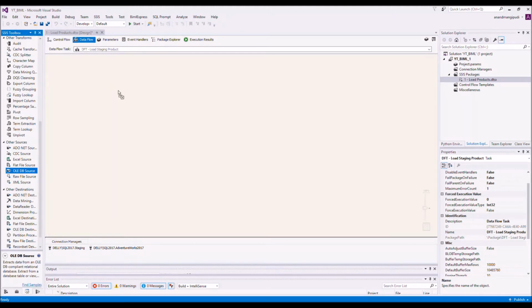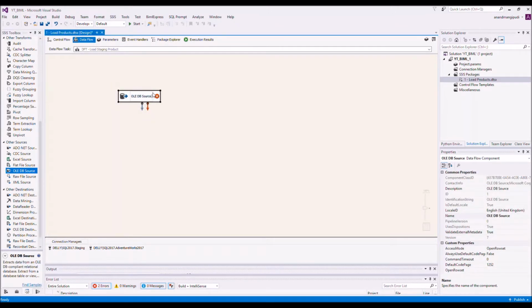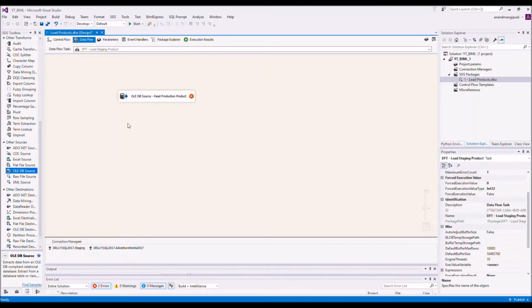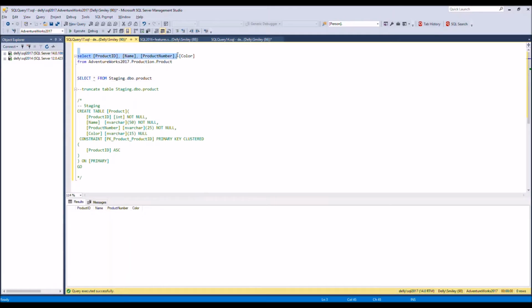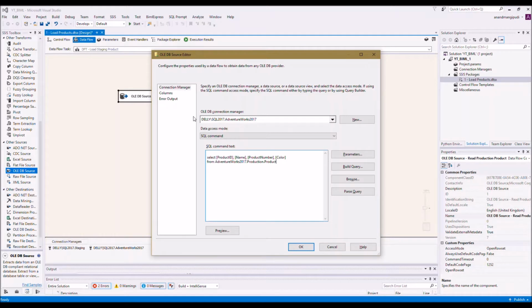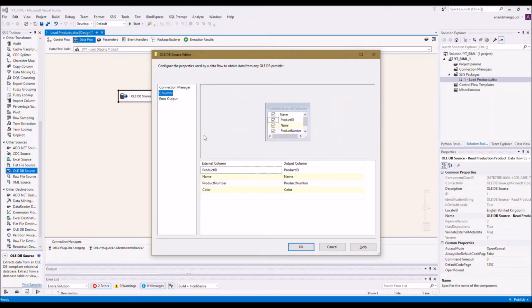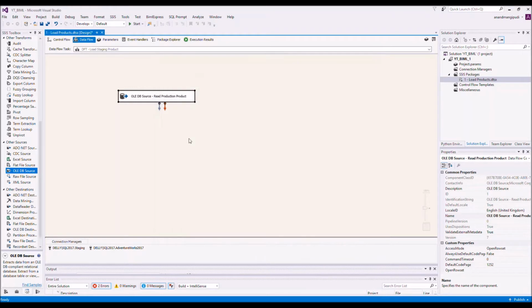So we'll have an OLEDB source to read from the AdventureWorks Production.Product table, and instead of a table, we'll choose the SQL command, as it is recommended to choose the columns which we need rather than choosing the table, because in that case we'll issue a select star and that will have performance implications. So the mappings look alright,